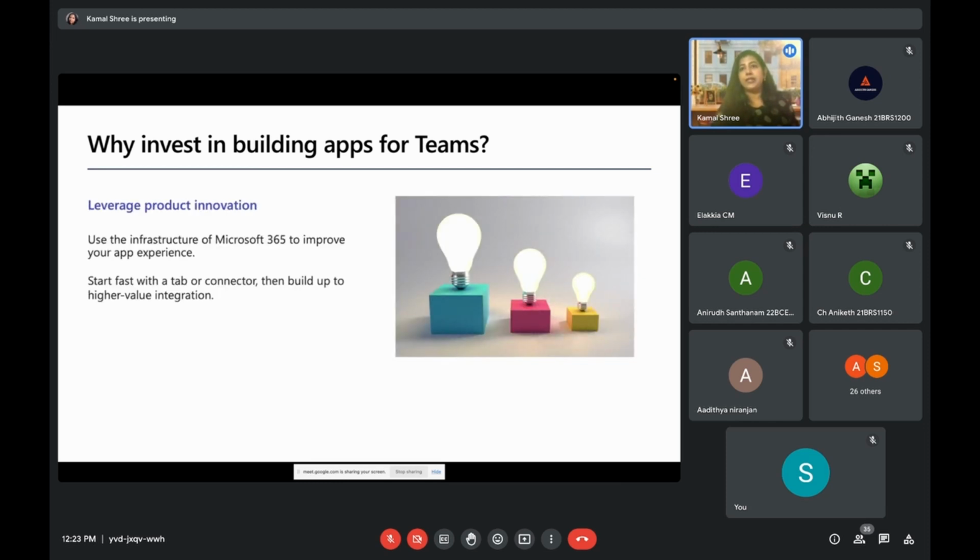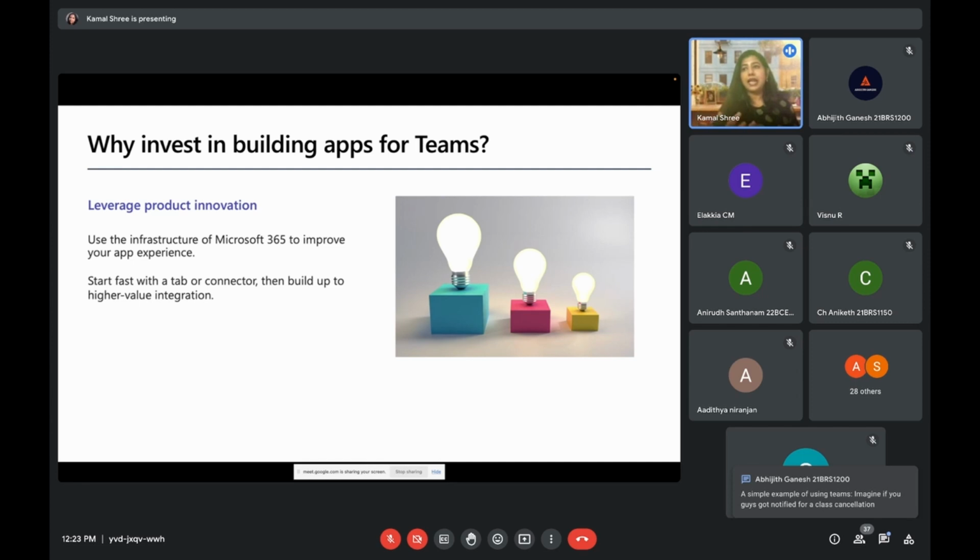Definitely, if I have something that could be integrated in Teams, why would I not think of doing it? So connecting the bubble, whether using tabs. In Teams, you must have seen channels, say for example, for the subject mathematics, chemistry, or physics. Now you also have tabs that make it easier, maybe a tab to find out what kind of projects are happening or who the team members are.